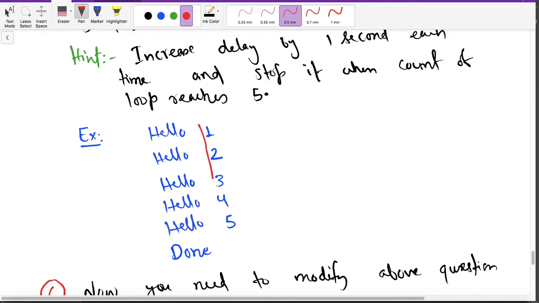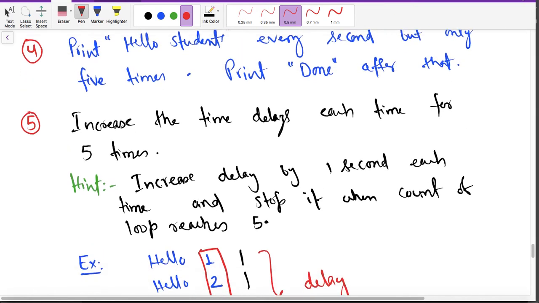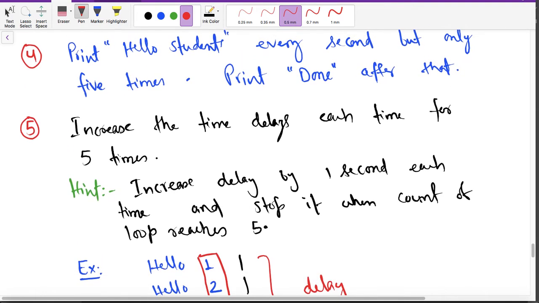Instead of these, you need to print one, one, one, one, one, and these numbers show the delay, right? So we are talking about a delay of 1 second.